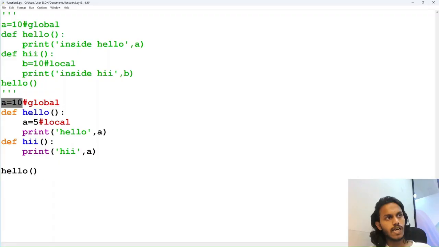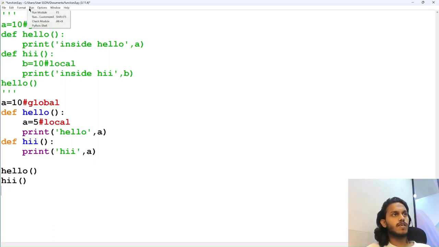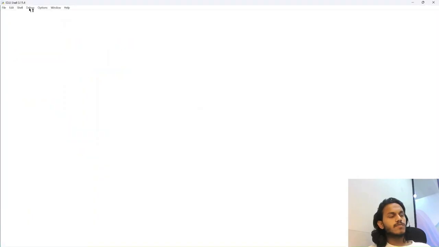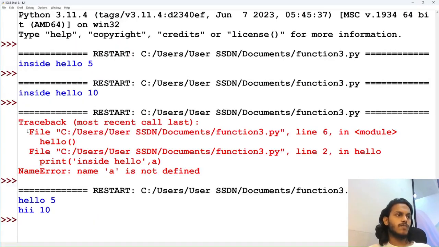This will be used inside the hi block because we don't have any definition for that a variable inside there, and this will work inside the hello block because we have defined it as a local variable inside that function. So let's call both functions, hello and hi, and see the output. Now you can see for the hello we are getting the value 5 and for the hi we are getting